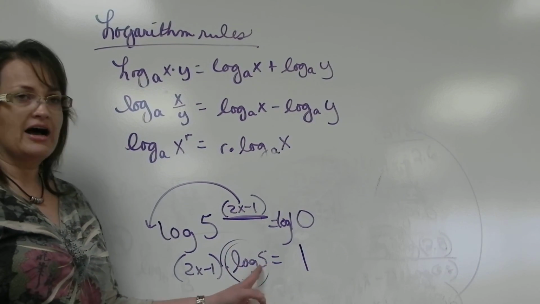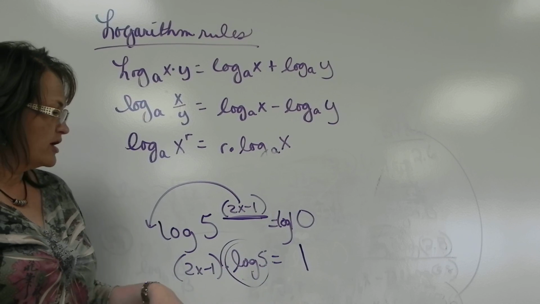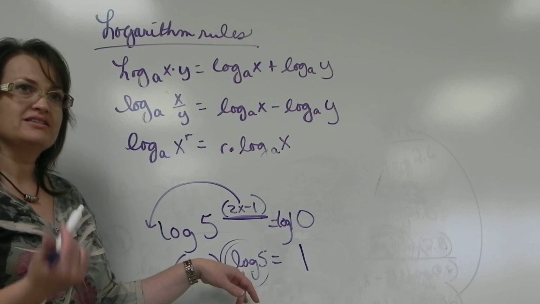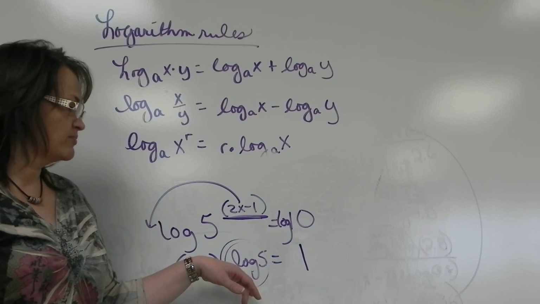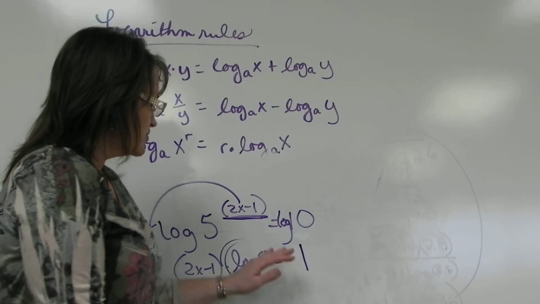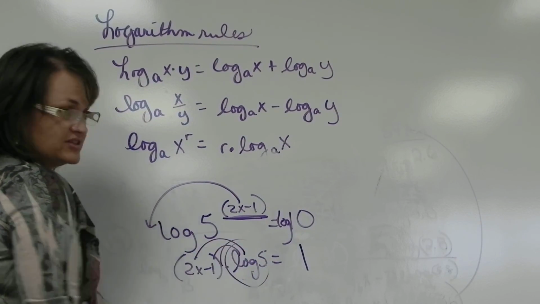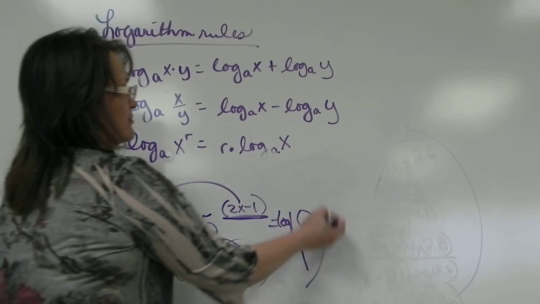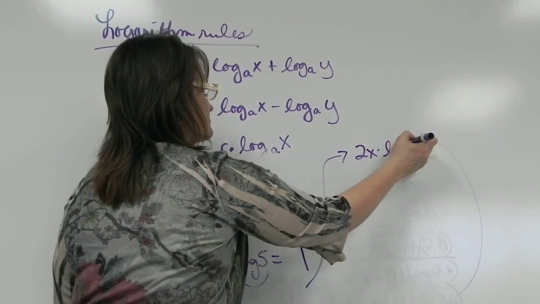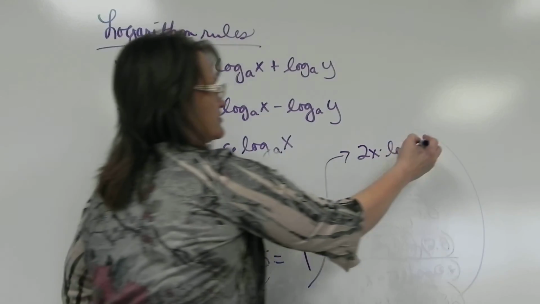Now for log 5, it doesn't come out nicely. It's not an even integer number, so I probably wouldn't want to transfer that out to its decimal value because if it doesn't come out even, it's an irrational number. It doesn't stop, it doesn't repeat, so it's kind of a not nice number. So we prefer to keep it so we don't have round off of it. So I'll probably just use the word log 5 and distribute that. 2x times log 5. Just distributing 2x log 5 and negative 1 log 5